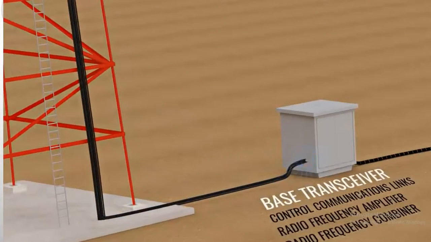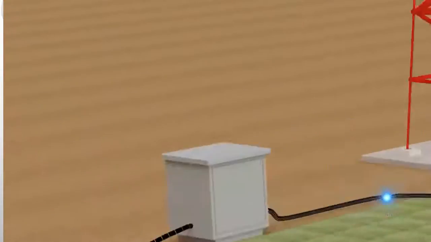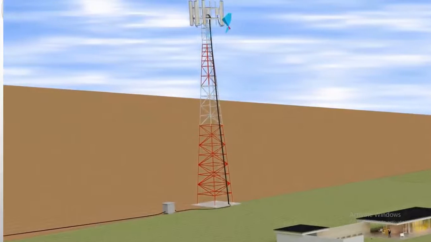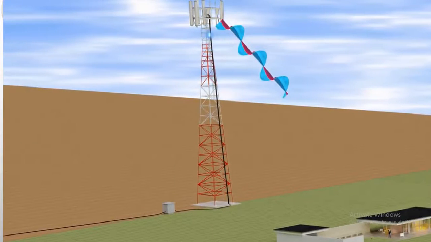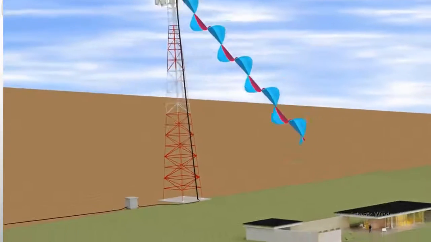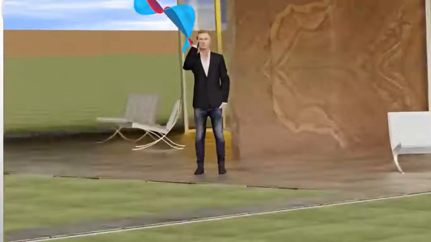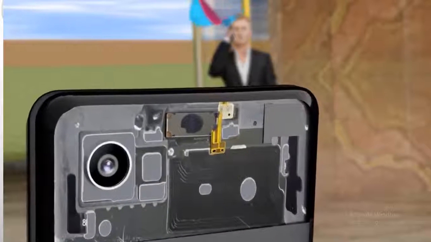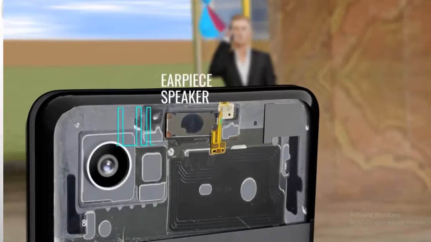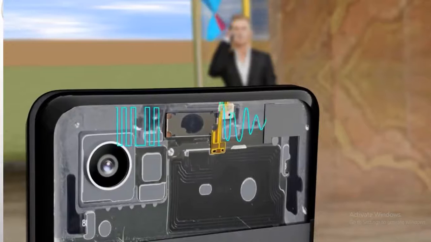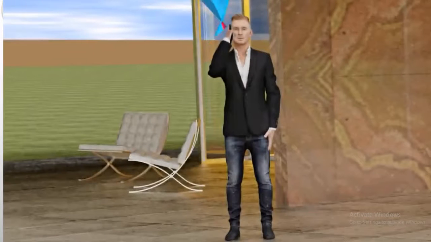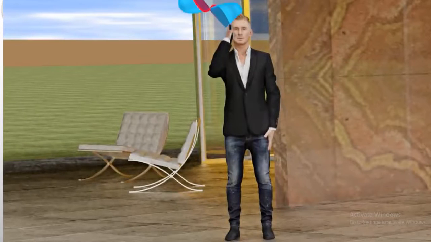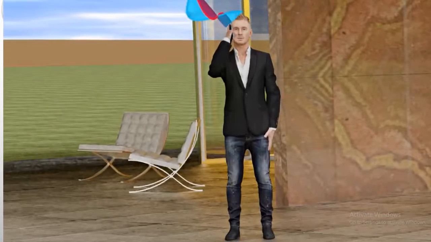There some modifications or modulation techniques happen, and then it travels to your destination tower. The destination tower is nothing but the base station at your destination user area. It is going to convert the signal to an electromagnetic wave and reach your user mobile. In the user mobile, you have your speaker. It converts your digital signal into your voice signal, that is your analog signal. That's how you have your connection in your mobile communication system.